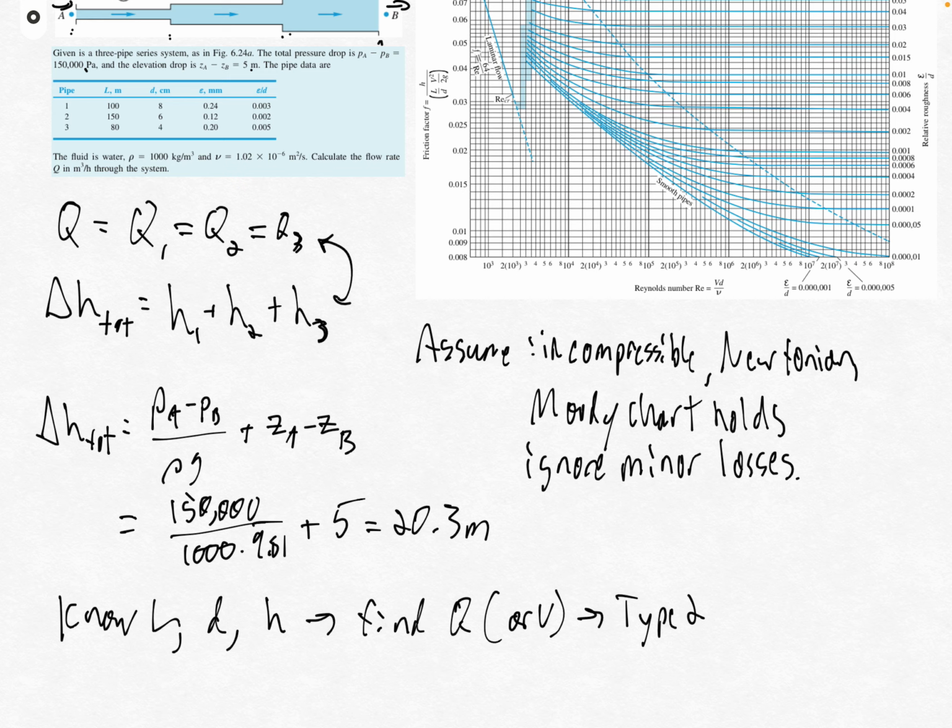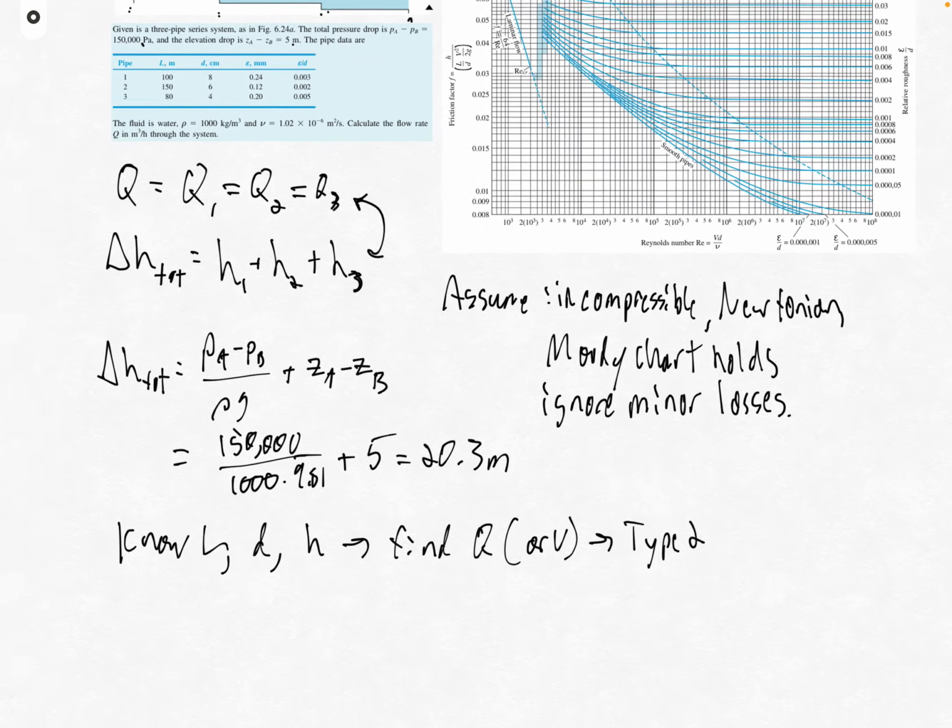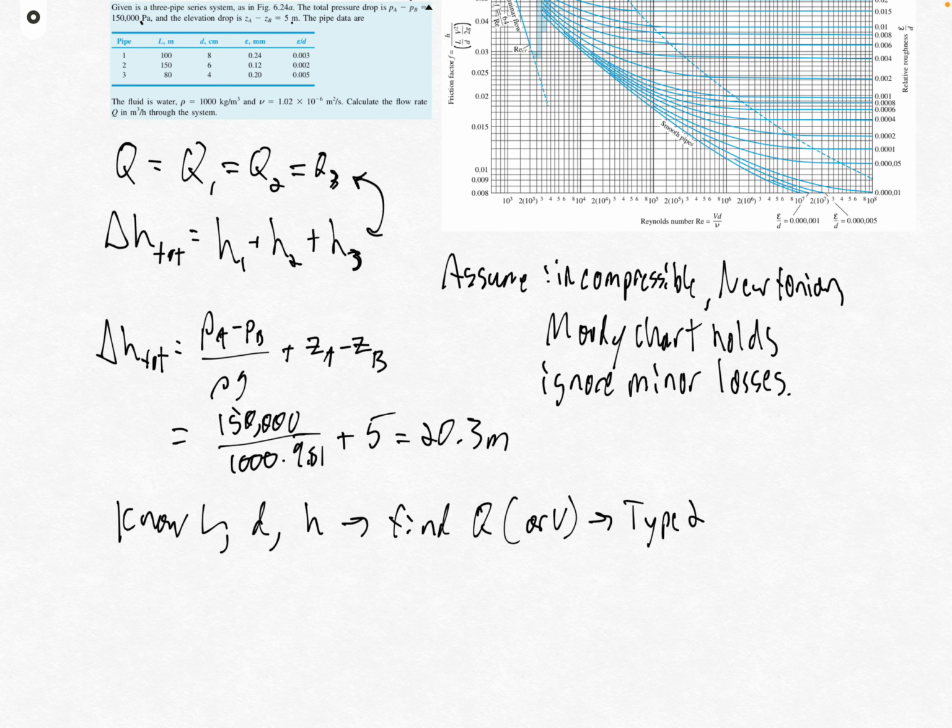Therefore, our solution method is going to be to find some relationship that we can quickly iterate on that relates the unknown velocities, the flow rates, back to the friction factors, and then we're going to use the Moody chart to go through a few iterations. We'll see that in contrast to problems with a single pipe, things are going to be a little bit different here,